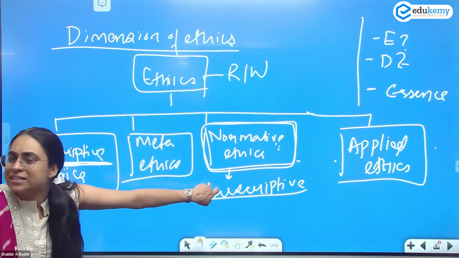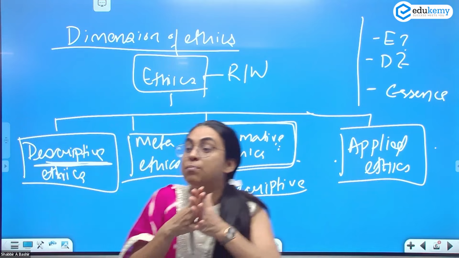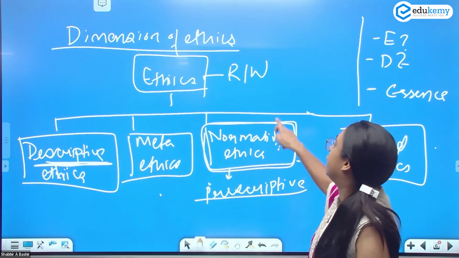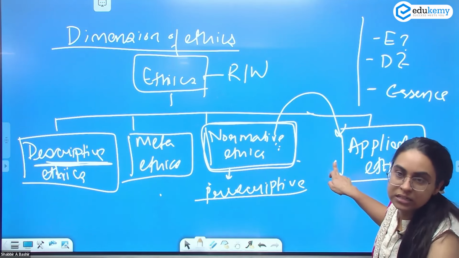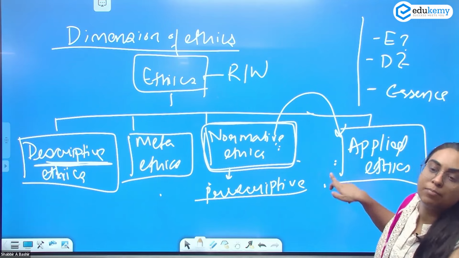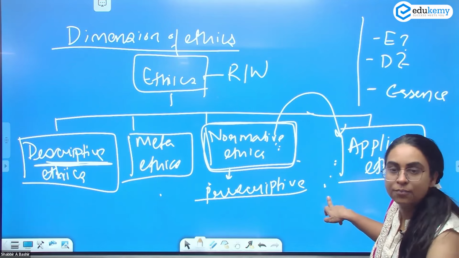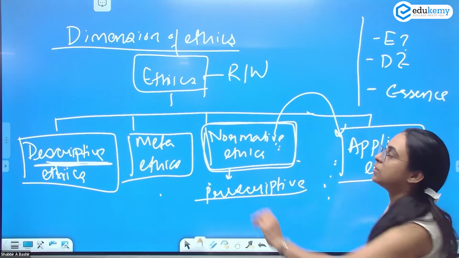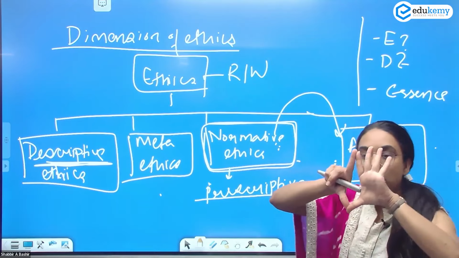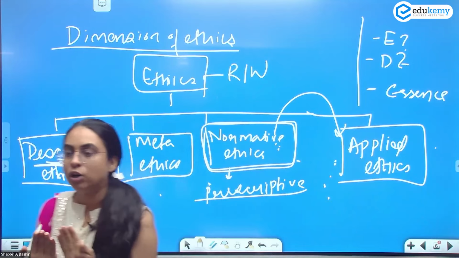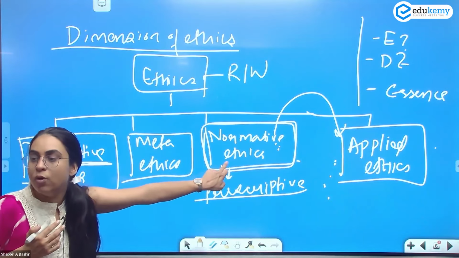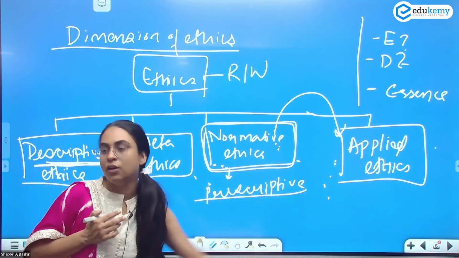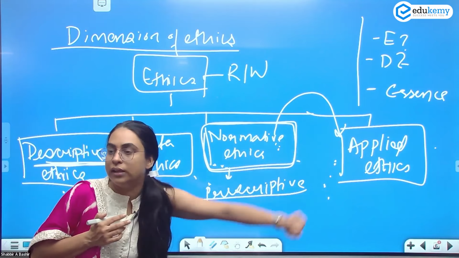And once I understand right or wrong as per various perspectives, then I will apply it where? I will apply in my answers, I will apply in my case studies, I will apply in my daily life, right? These two are concerned for us. But a topic has been given in your syllabus, dimension of ethics. So they want you to understand the whole story. They want you to understand where is this coming from, what is right or wrong. There is one field, there is two field, three field, and the fourth field. हमें इसके लिए concern है, हमें fourth के लिए concern है.